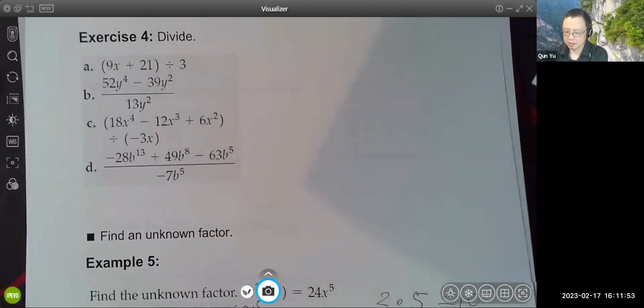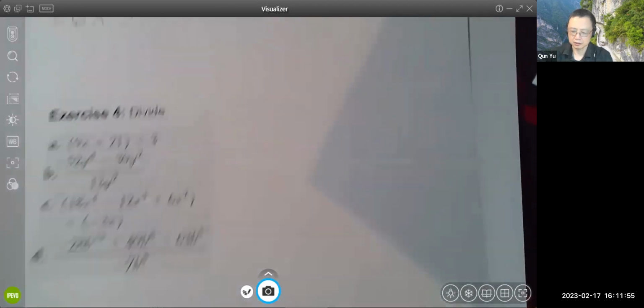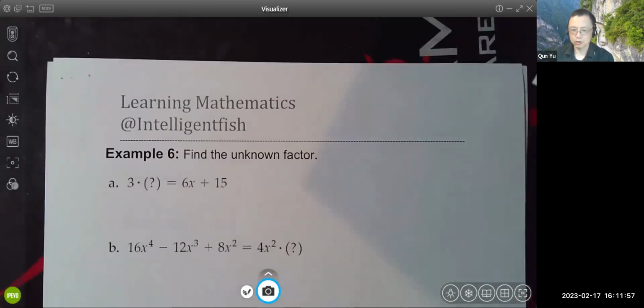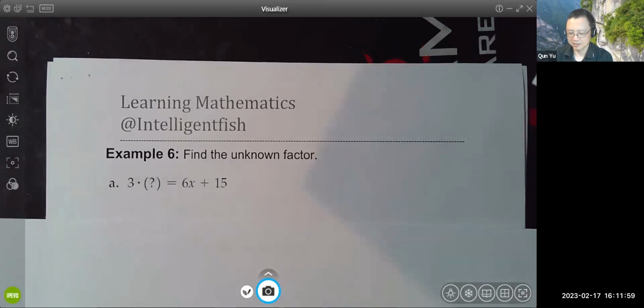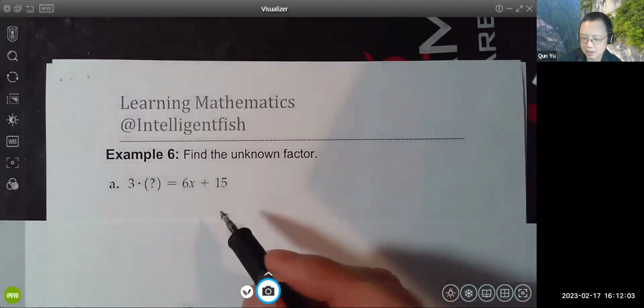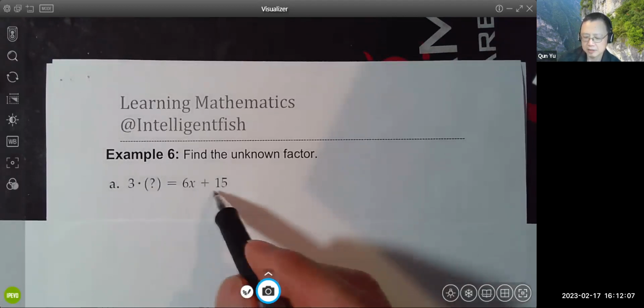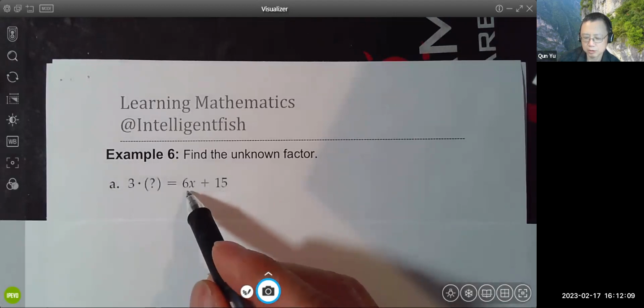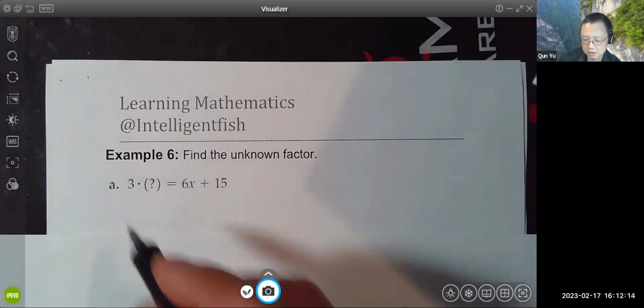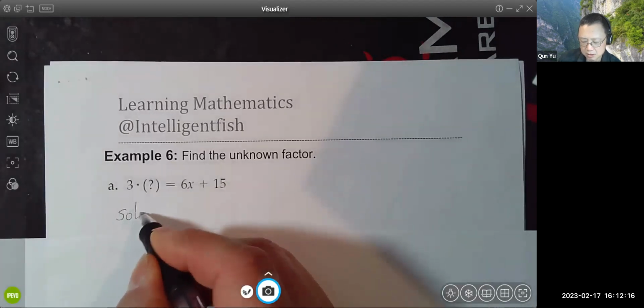Move on to the next one. I guess we have another example on the list. Yeah, we have 2 more actually. Let's do it one by one. But just go ahead and solve it. Only difference is that this time we have a polynomial, even though we only have 2 terms, instead of another monomial, right? So solution,